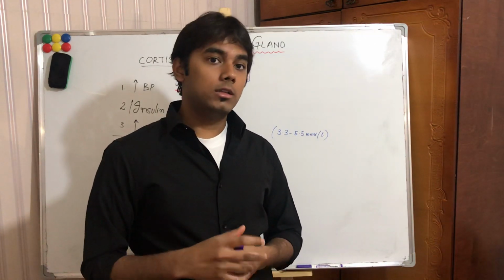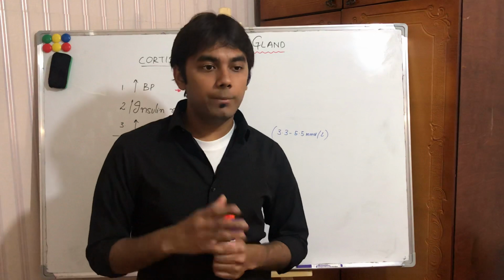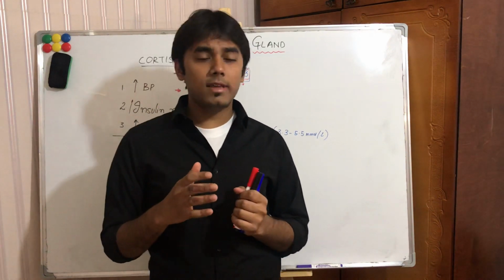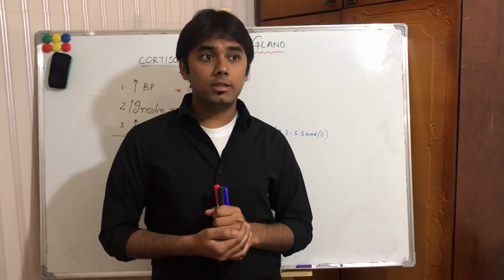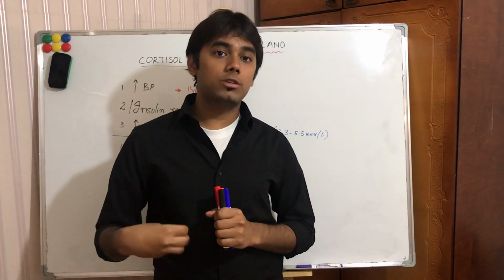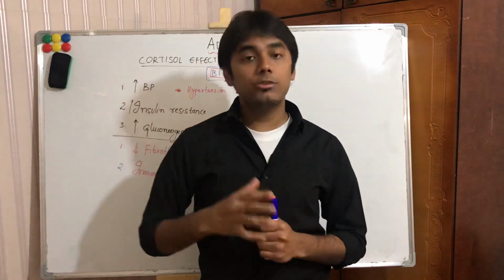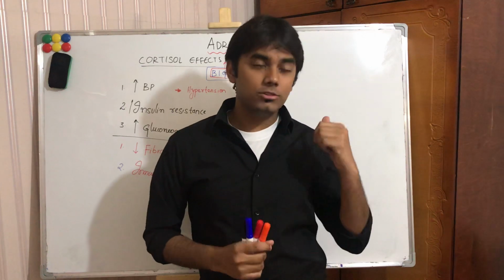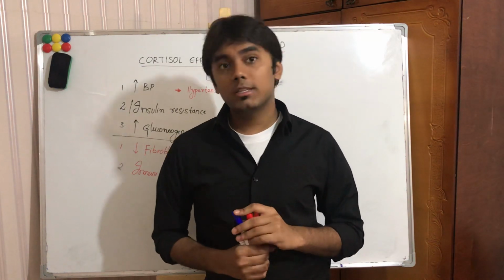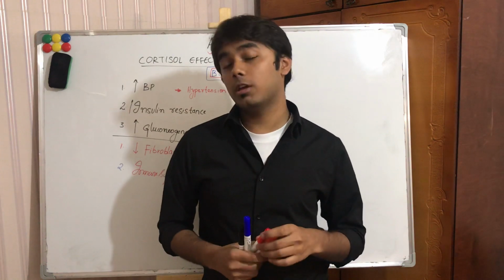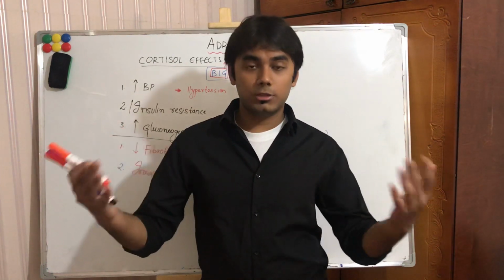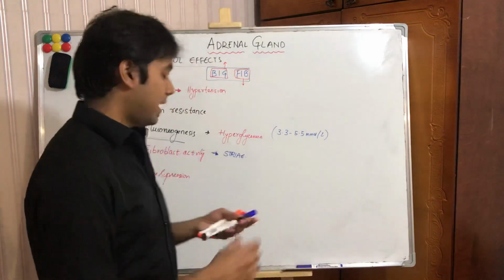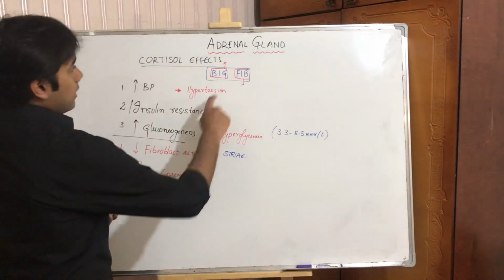But this effect is important because if a patient has any autoimmune disease, where his own antibodies start to destroy his own tissues, in that case you have to decrease the activity of the immune system. So in that case you give glucocorticoids. But the side effect for the patient is that he should be very careful or else he will be more exposed to these infections, bacterial, viral, right?